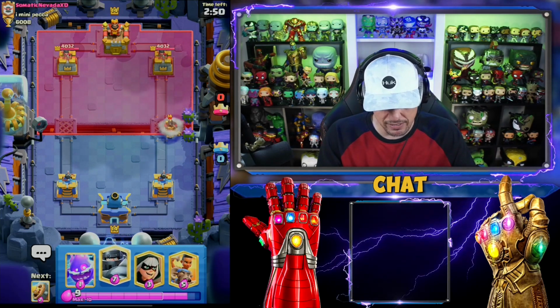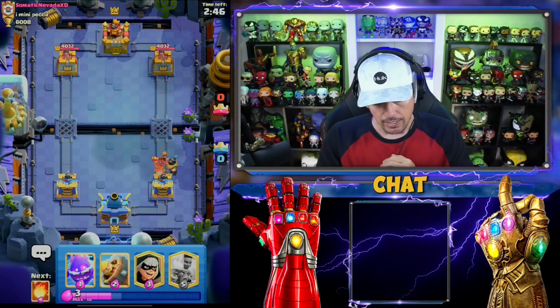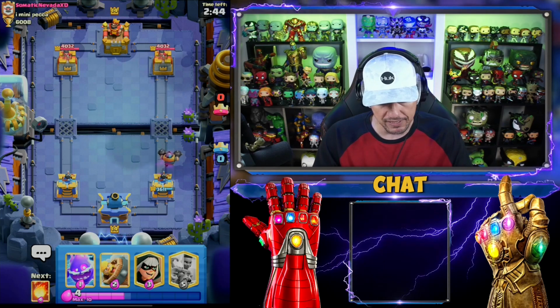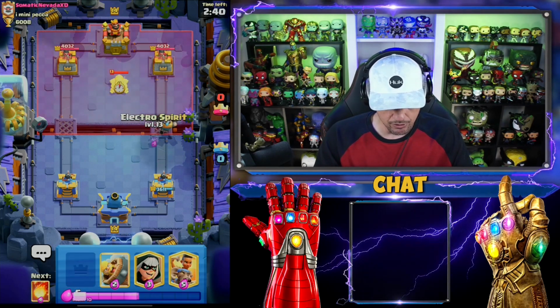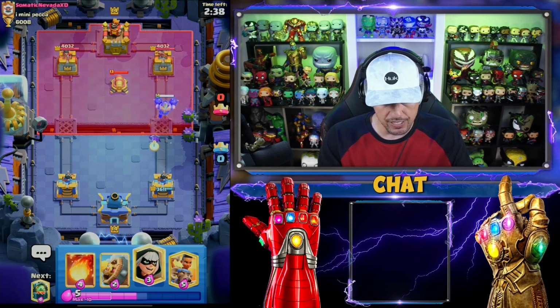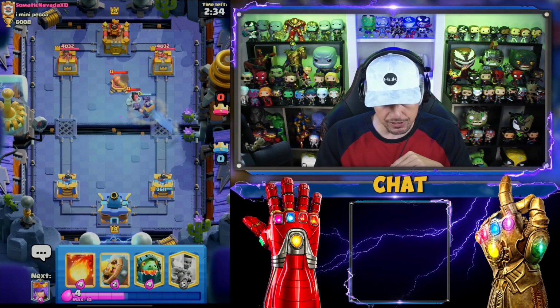Okay, so I'm gonna go Mega Knight here. I probably shouldn't have done this, but I'm gonna go Mega Knight. I should have went Ram Rider. This is pretty expensive, and he's probably gonna be able to counter this. So we'll see what he decides to go with. I'm gonna go in with an E-Spirit. He's got cannon, so he's running 2.6. So we'll take care of that, and I think I'm gonna go ahead and go in with a